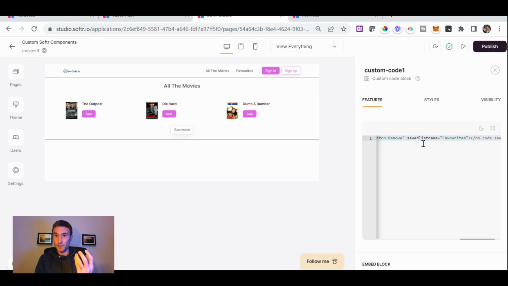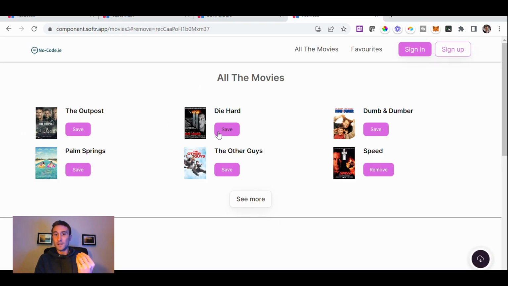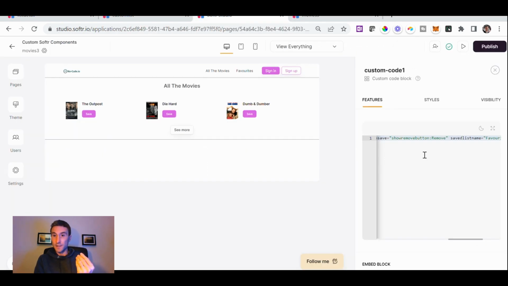I'll just show you one other thing that's quite nice about it. Sometimes you might not want to have a remove button, or you might want slightly different interactions or behaviors to happen here. So this particular web component has been created with 4 different behaviors so far, and it's very easy to add new ones. For example, if you just wanted to show a message, you would just change this attribute here, called the onSave attribute, and you would go show message, and then you key in the message here,